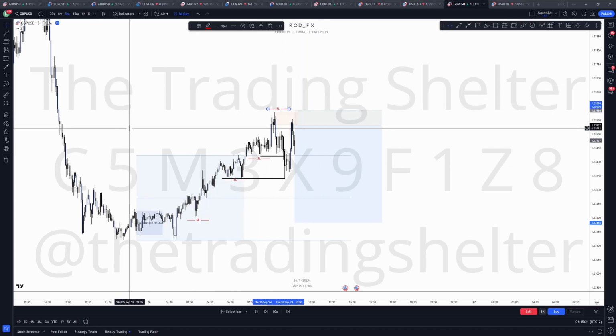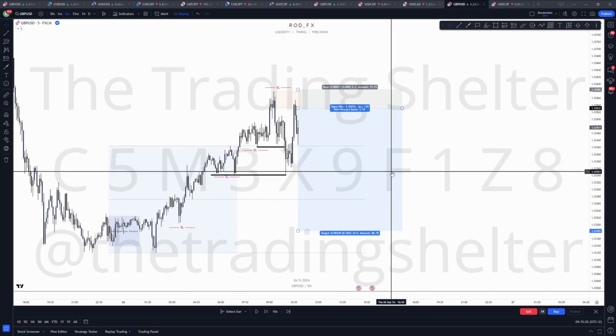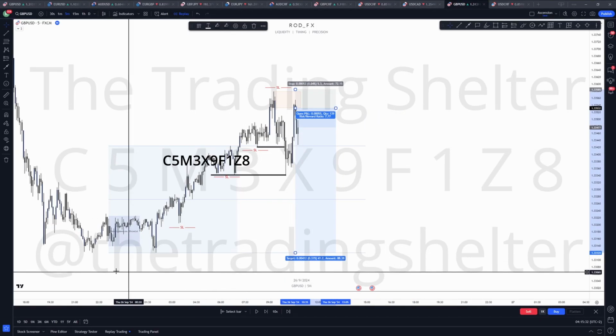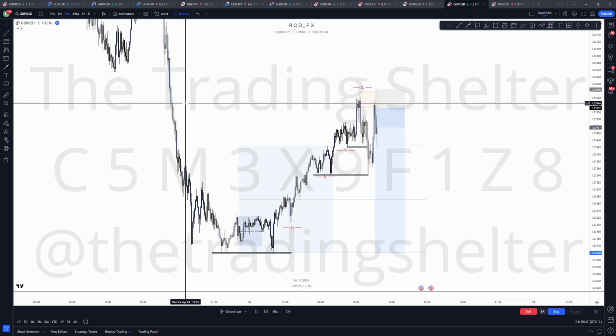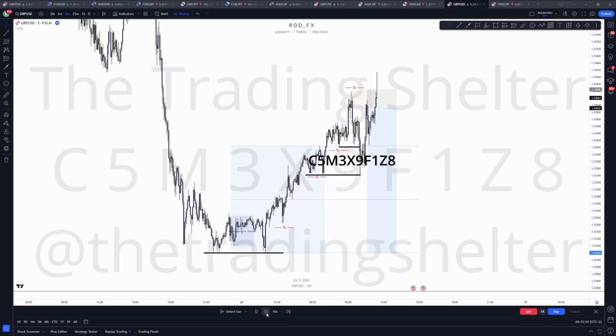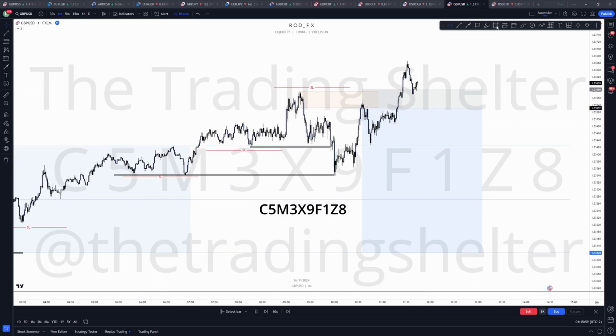I'd look to the left when there's an inducement of Asia high or Asia low, but if I would trade London, and this is why I hate trading London, because people create some scenarios and they just always target the moon and they say, there's equal lows here. What are you trading here? What are you trying to do? And this is why, like I said in one of the videos, equal lows or equal highs are the only retail strategy where the more they come, the better it is.